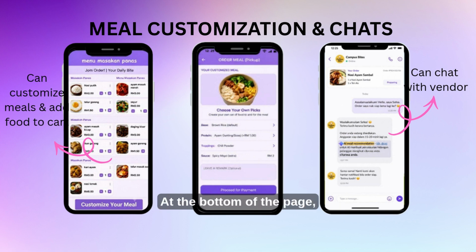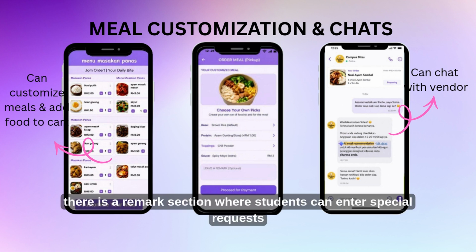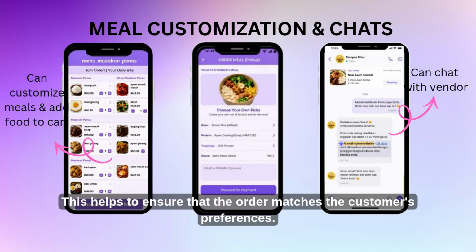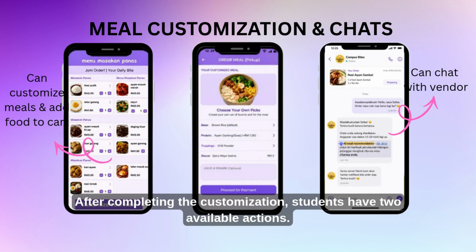At the bottom of the page, there is a remark section where students can enter special requests such as less spicy, no onions, or separate the gravy. This helps to ensure that the order matches the customer's preferences. After completing the customizations,